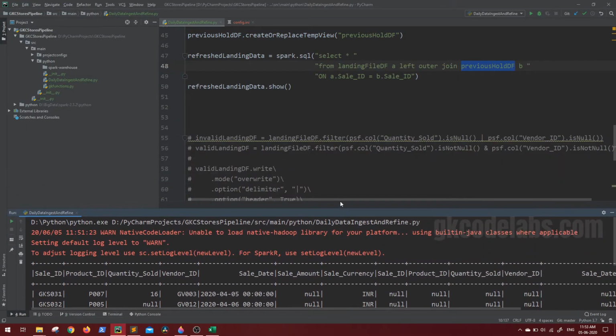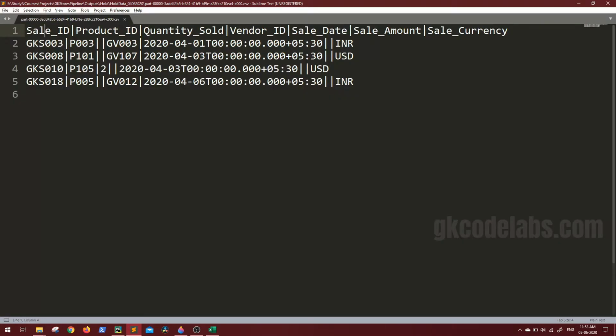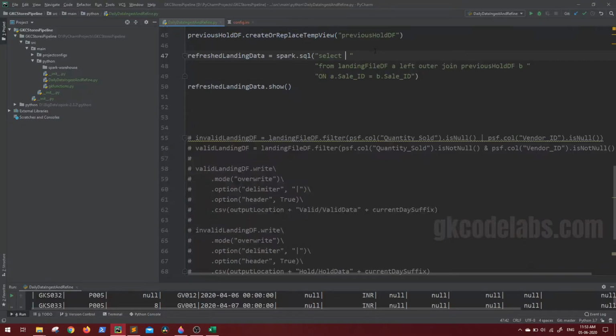Now let's go back to our requirement. We have our left outer join. Now we don't need star, obviously, because we have to manipulate few columns inside this. So sale ID and product ID will go as it is because there are no change here. So select sale ID and product ID with a comma.